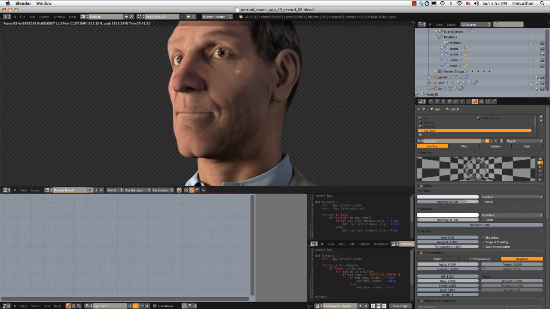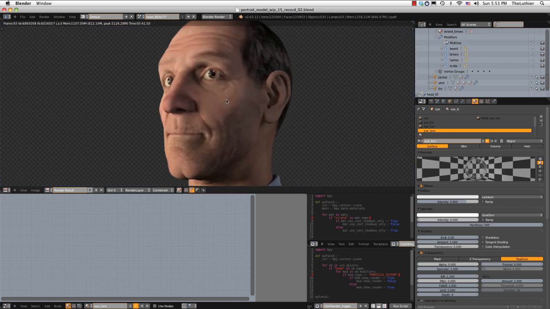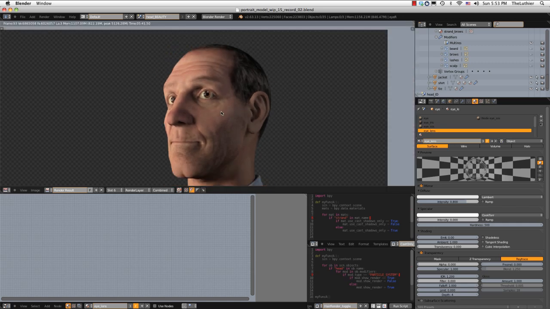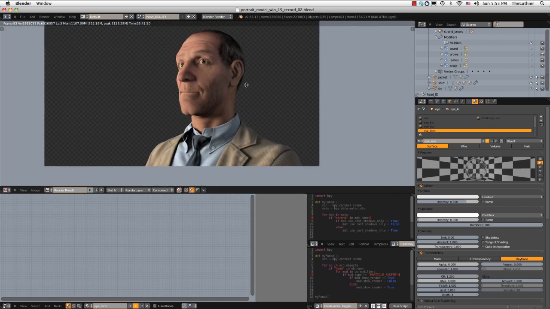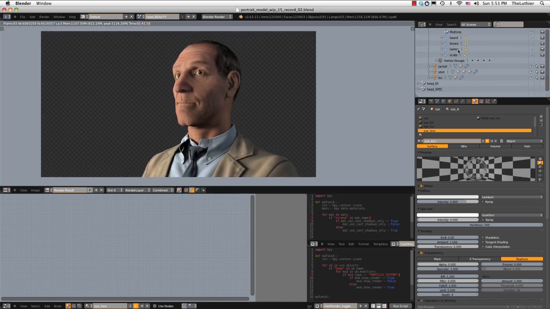Okay, that's a little bit better. We can see if I jump back and forth between them, this is without hair shadows, this is with the hair shadows on. We can see that there's actually a substantial difference from the shadows. So I definitely want shadows on in this scene, and with that tweaked, I'm going to go ahead and move on to the head spec